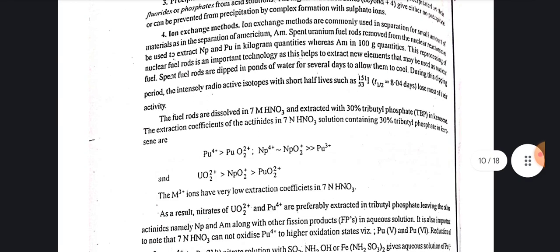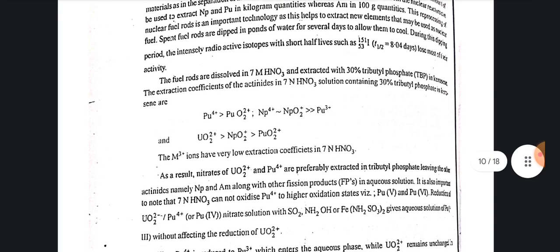Ion exchange methods: ion exchange methods are commonly used in the separation of small amounts of materials, as in the separation of Np, Pu and Am from spent uranium fuel rods removed from nuclear reactors. They can be used to extract Np and Pu in kilogram quantities, whereas Am is in 100 gram quantities. This reprocessing of nuclear fuel rods is an important technology as it helps to extract new elements